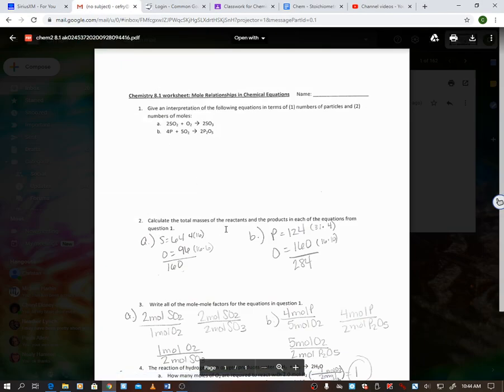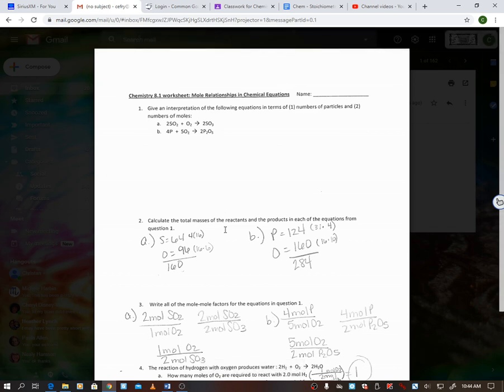to go ahead and do the answers for these, go over it with you, because sometimes the way these are worded, especially from the books, it can be a little confusing for students as to what exactly they are looking for. Number one, give an interpretation of the following equations in terms of 1 numbers of particles and 2 numbers of moles. The big thing here is just showing that,